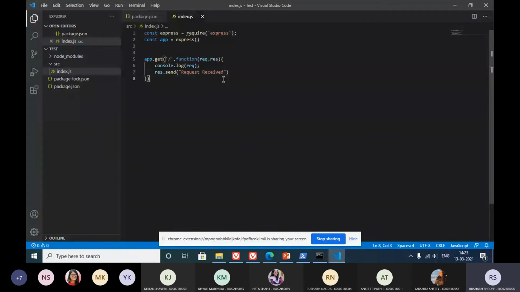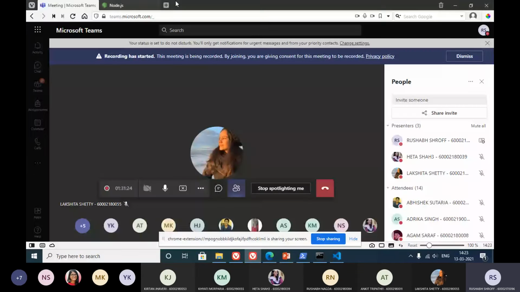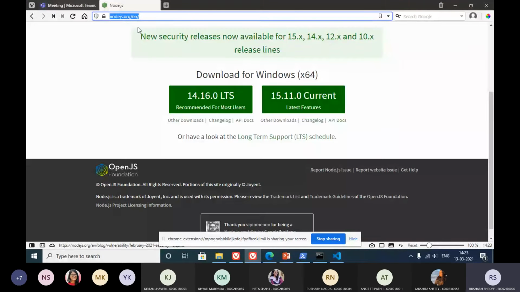Now what we want to do is run our server. To run the server, we have to listen on a certain port. Whenever you create an application, or whatever application you're running on a PC that wants to connect to the outside world, it has to run on a certain port. Port 80 is used for servers. So whenever you type into the browser, let's say google.com or nodejs.org, your browser will send a request to port 80 on nodejs.org. That is where you send a request.